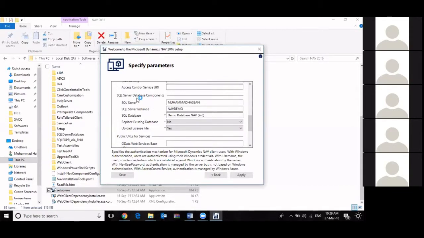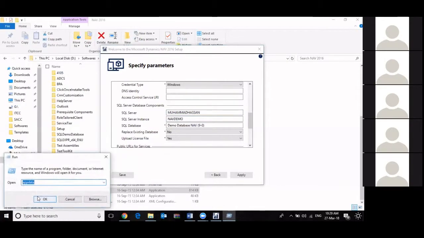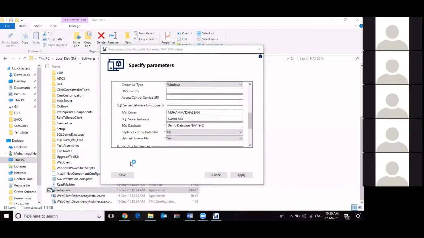The other important thing I would like to address again here is the SQL Service database component. Okay, so this is the information of your database. From this is the server name, the SQL Server, which has the database on it. This is the instance, which I will show you. Let me just show you for a quick second. If I open my SQL Server Management Studio,